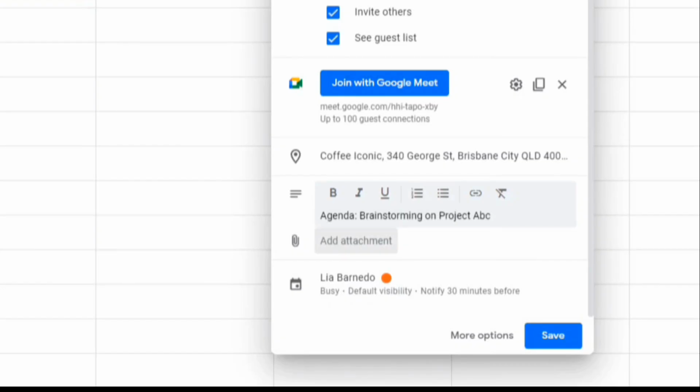Okay, then down below you will see busy. So when you set an event status to busy, it signals to others who view your client's calendar that he's not available at that time. This is particularly useful in shared or organizational calendars where multiple people may be trying to schedule meetings or appointments.